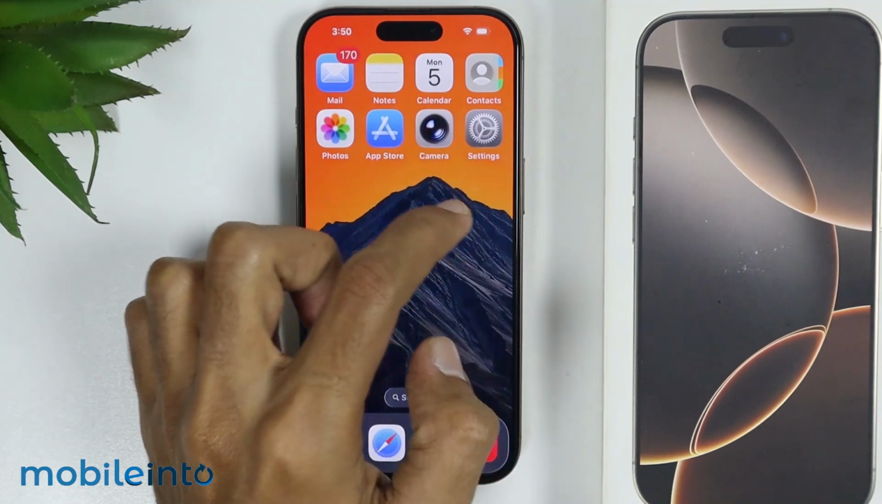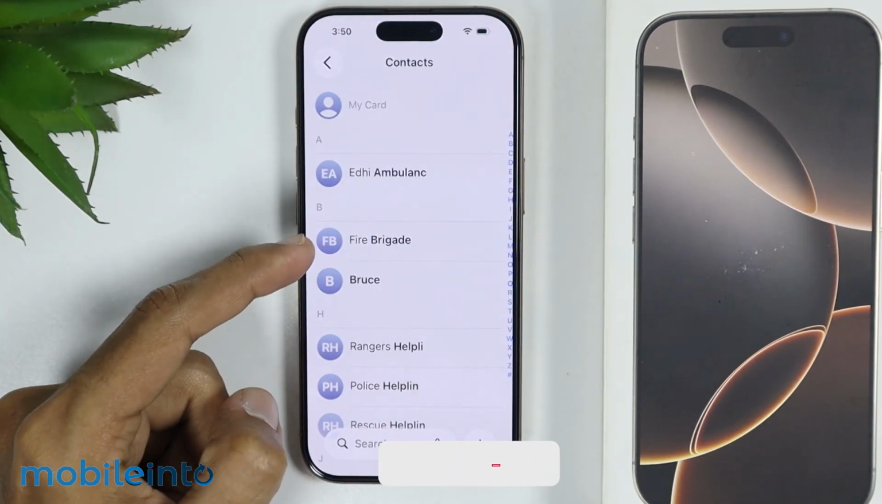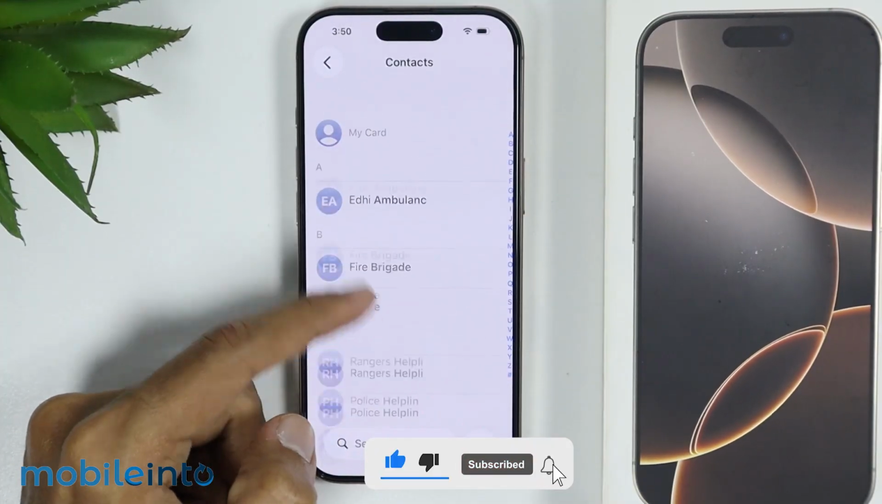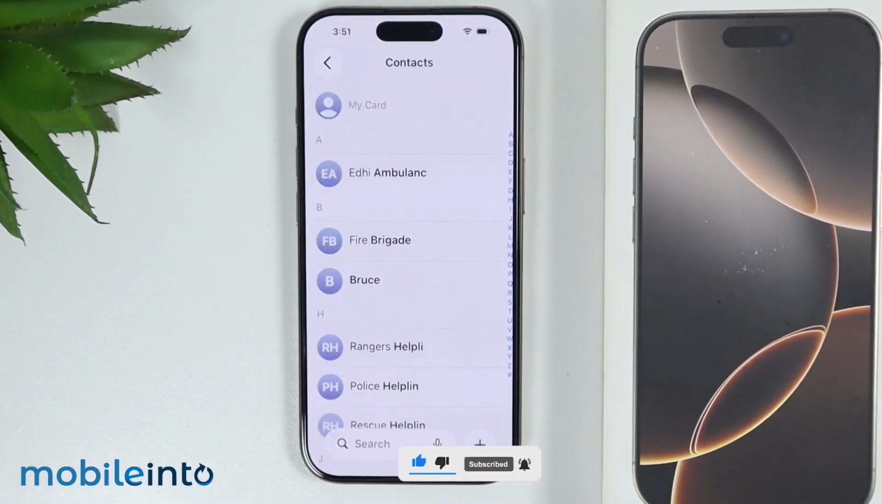Now, as you can see, if we open the Contacts app, we have successfully imported all our contacts from our Google account to our iPhone. Just like that. And this is how you can import Google contacts to your iPhone 16, 16 Pro, Pro Max,